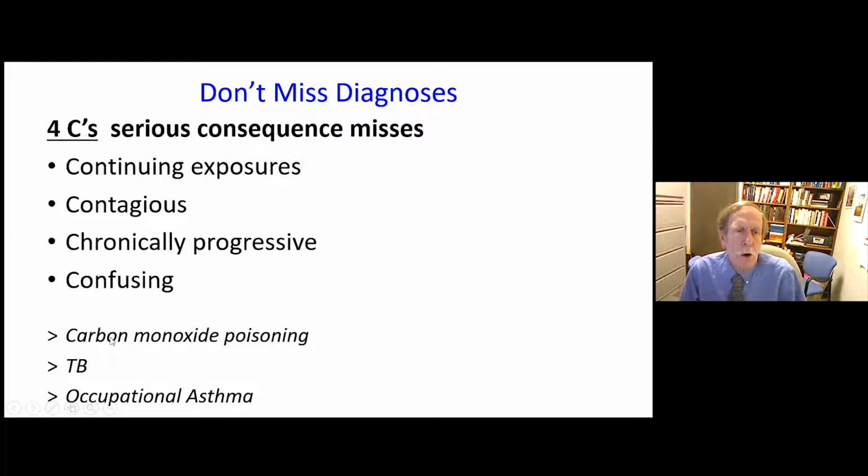I guess we would put COVID up here as a very prominent example. You'd hate to send somebody back home with COVID infection to a workplace or a big family and not recognize that, or carbon monoxide poisoning, back to the space heater that's leaking carbon monoxide, or TB, just like the COVID example, or occupational asthma. So these are things that you really hate to miss, to just say, we'll give you your asthma spray and just go back to the job you're doing without recognizing they're going to be continually exposed and worse, pulmonary fibrosis,